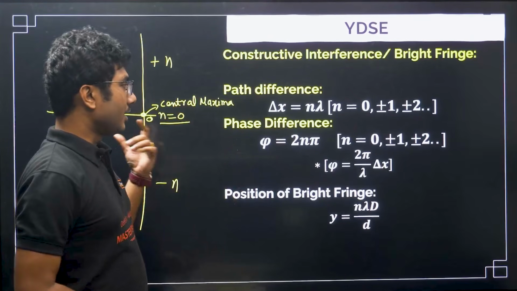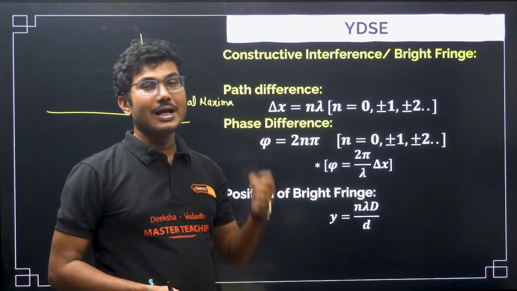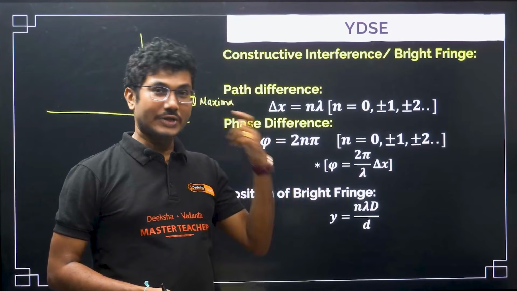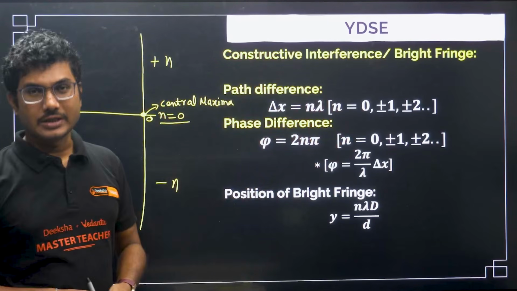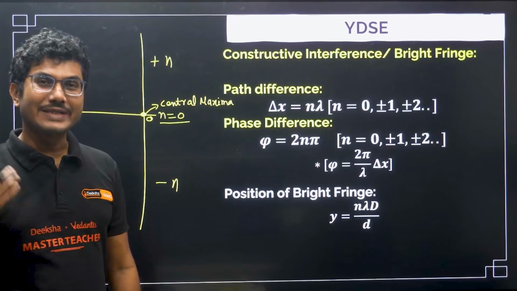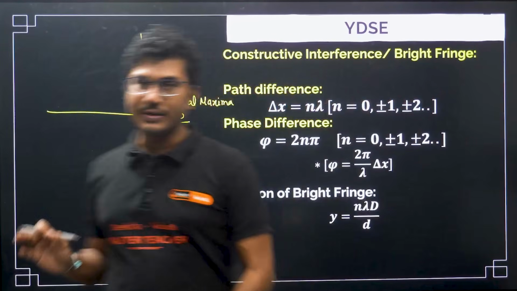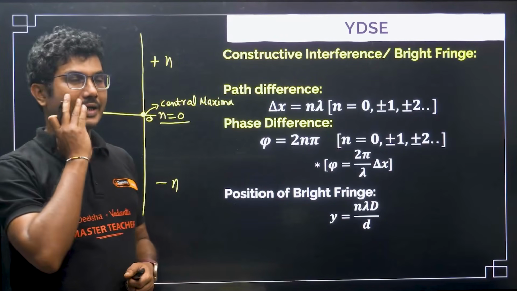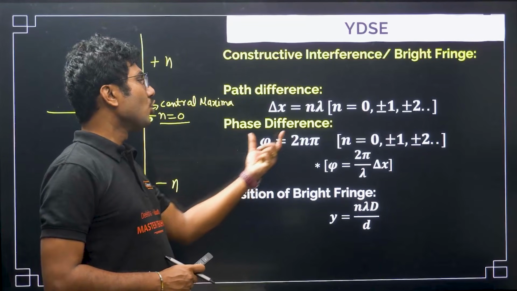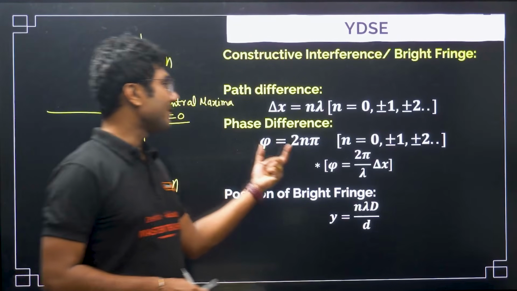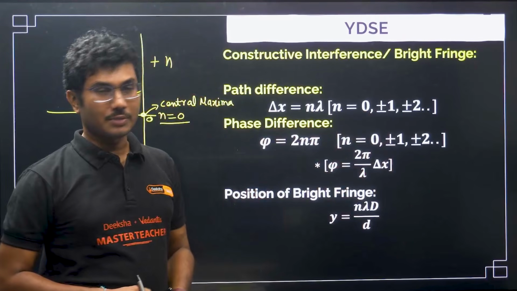Now the phase difference in terms of angle: y1 is equal to a1 sin omega t and y2 is equal to a2 sin(omega t plus phi). So that is phi. Now in case of Young's double slit experiment, both lights have the same amplitude, same intensity, that is A1 equals A2. They are not different, they are the same, only phi is different. So what is the relation for phase difference? Phase difference will be 2n pi, where n is 0, plus minus 1, plus minus 2, then